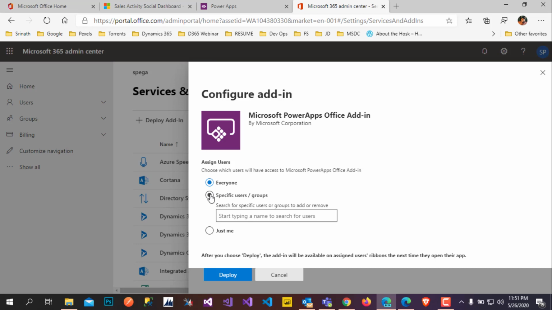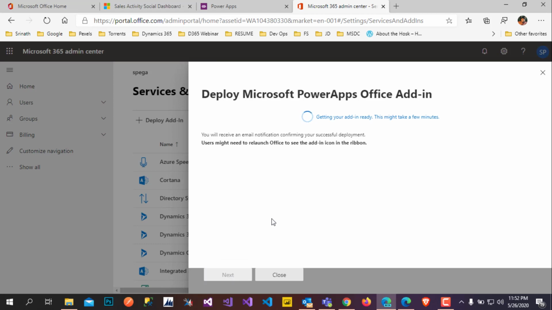The second one is specific users or groups. If you select users, in my organization there is no other user, so it shows only me. Otherwise, if you have any groups you can add the groups as well. In the best case you're adding this add-on to your organization, so I'm going with the everyone option. So deploy it.